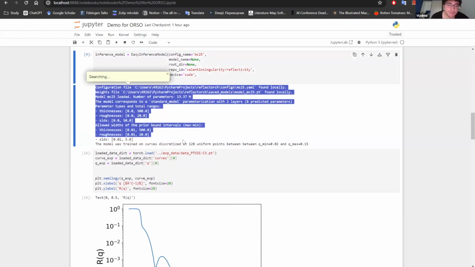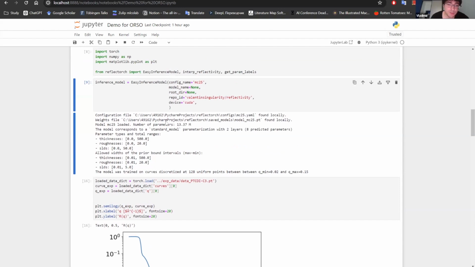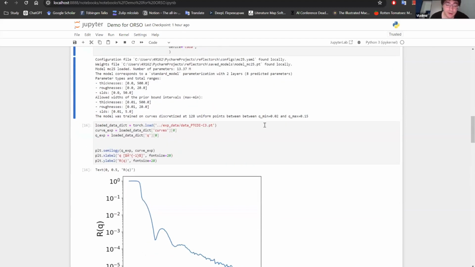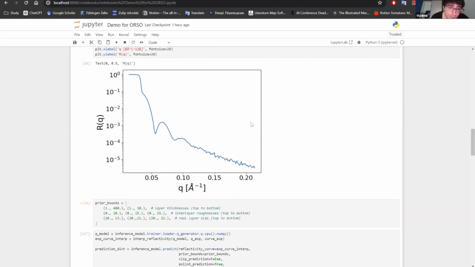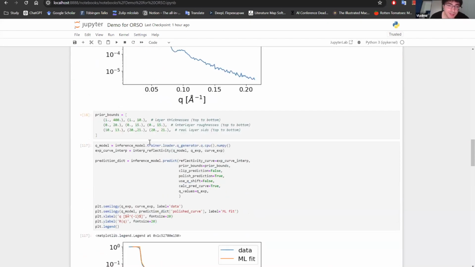You see there is some information here which summarizes the model which you just downloaded, with different parameter ranges and other settings that are important, like how the model was trained. Once it's done, you need two things: experimental data and parameter bounds for your particular curve.